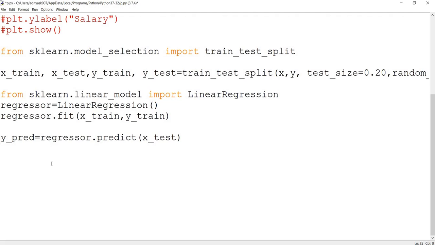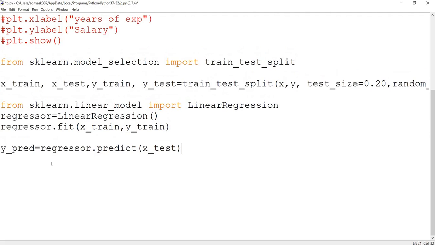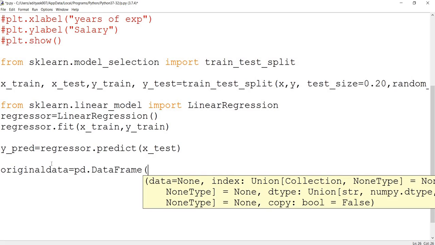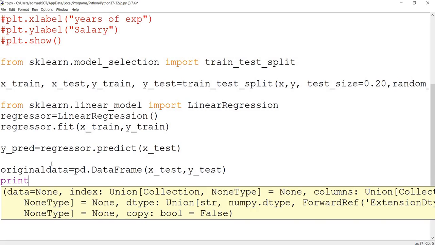So we will create a data frame called original data. Original data is equal to pd.DataFrame. Why do we need a data frame? If you are using multiple columns to store particular data, we need a data frame. So we will create a data frame between x test and y underscore test. Now if we try to print this original data,